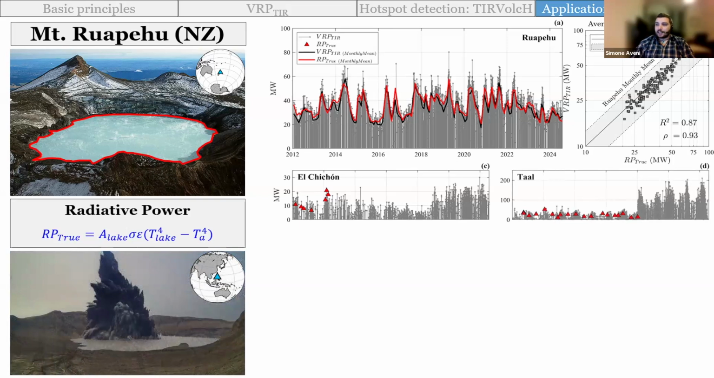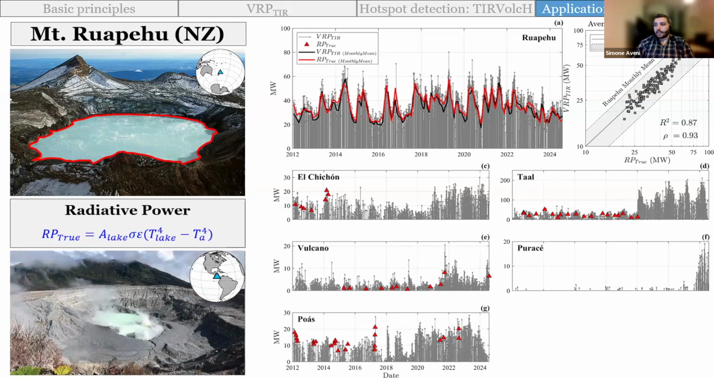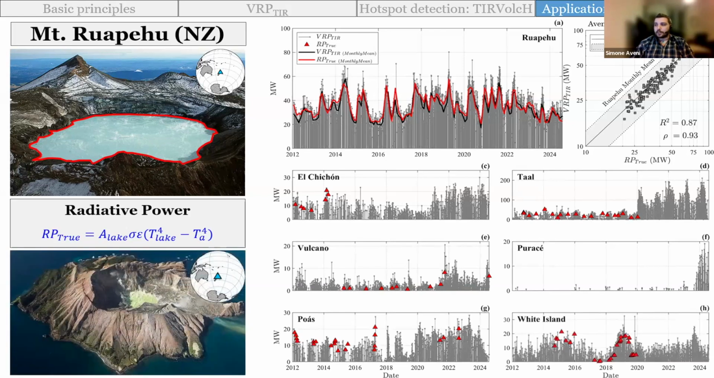So you can see El Chichón, Taal Volcano, you can see the Purace, which we have no ground truth data, but given the thermal arrest, it's nice to see how TIRVOL can measure a volcano entering an arrest phase all of a sudden. Once again, Pause, White Island, you all know the story. These are just a number of examples of what we can get from the combination of TIRVOL